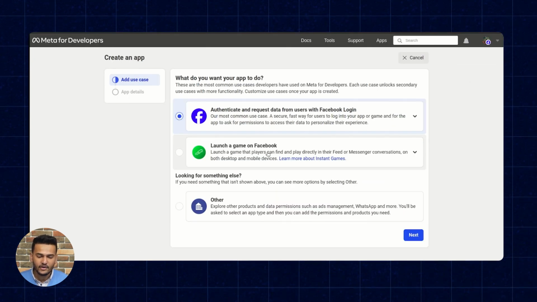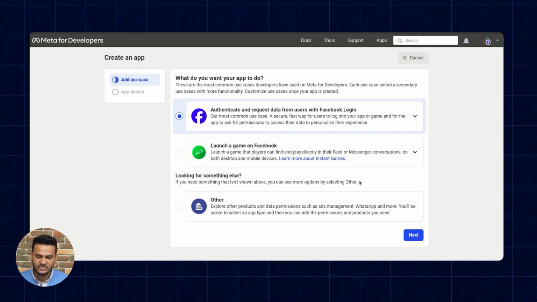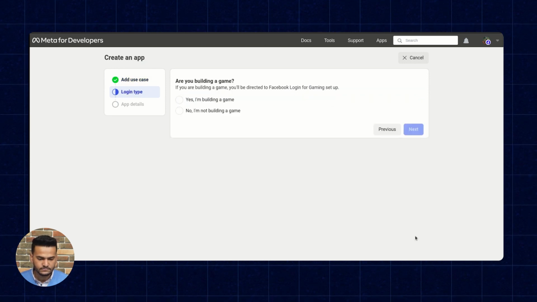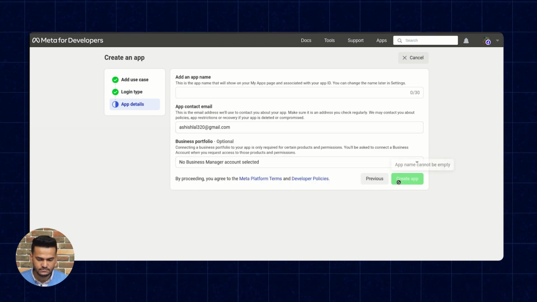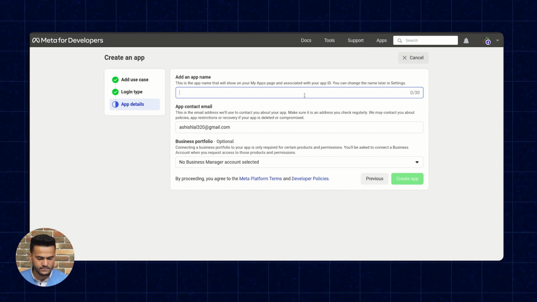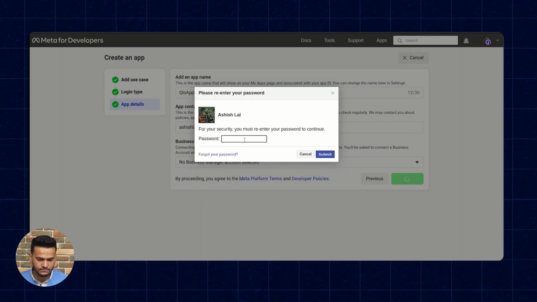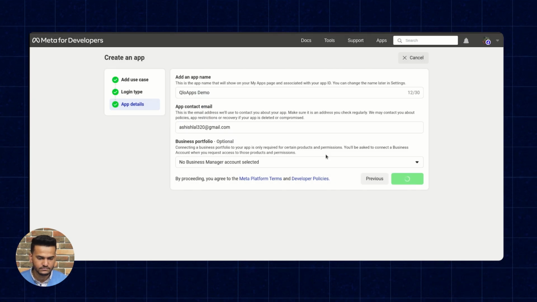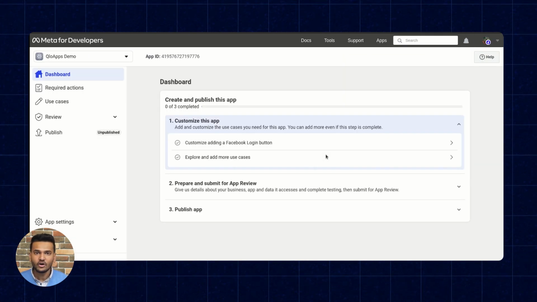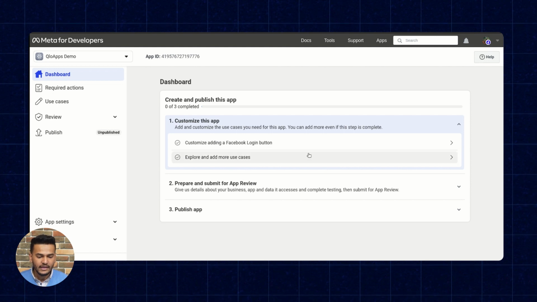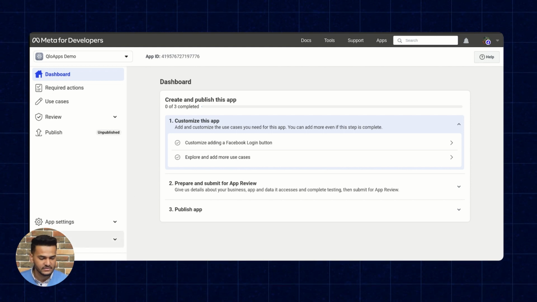And here we'll add all the relevant details regarding your application. Once all the relevant details have been filled in, here's how we can get the API keys.